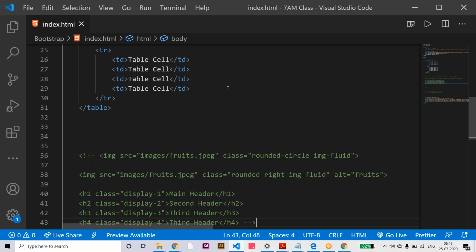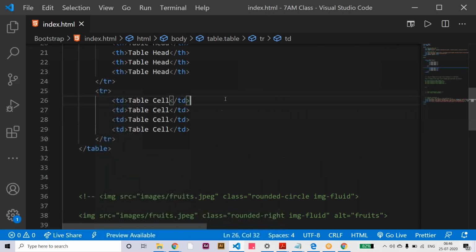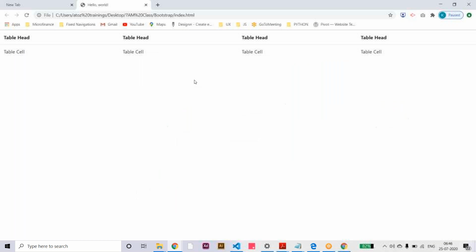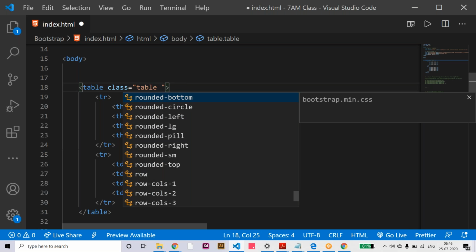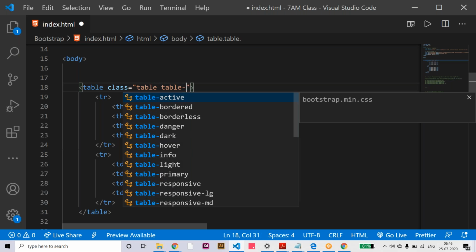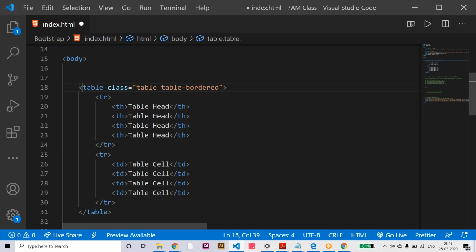So here the table is automatically wrapped to the total width when you apply the class on the table tag. Like this we can apply other subclasses also, like table border.